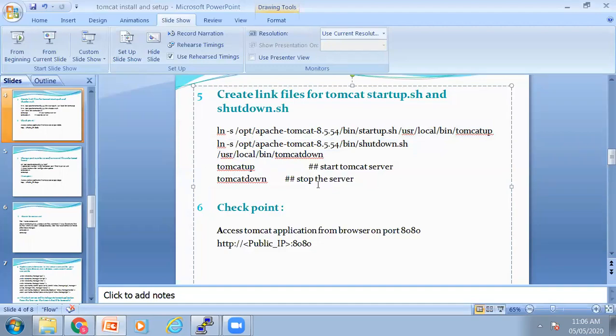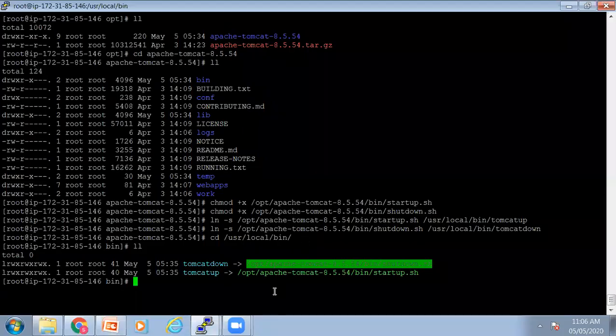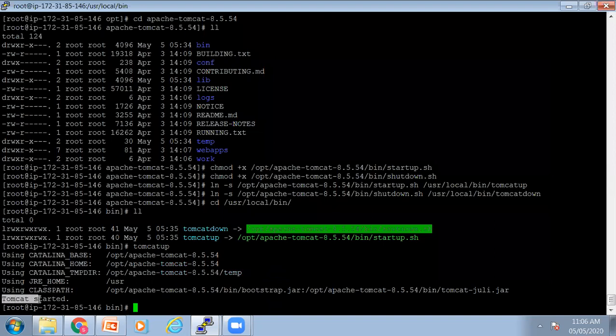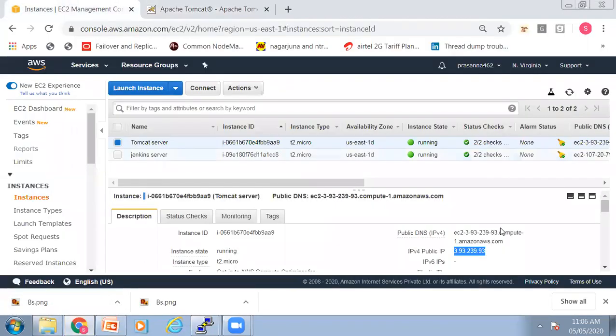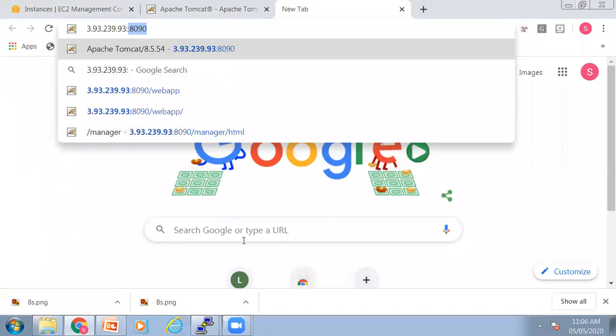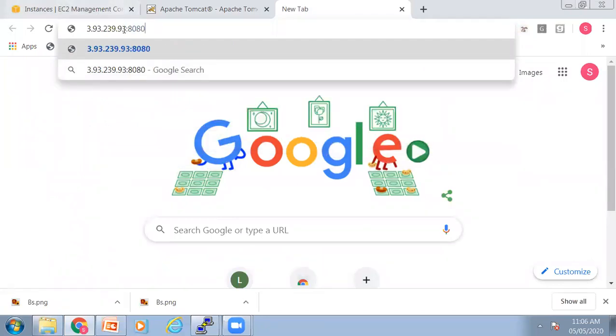And then you can restart the server: tomcat-up. So Tomcat got started. You can access it using the public IP. Just grab the IP, colon, port number 8080. This port number should be configured under